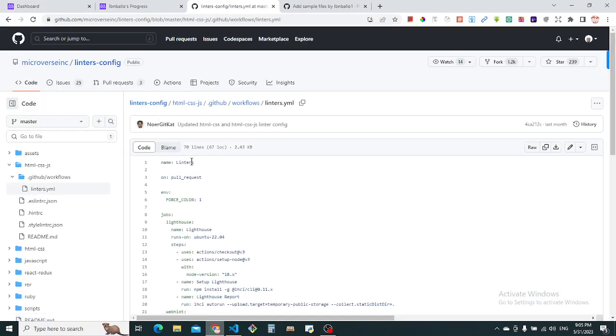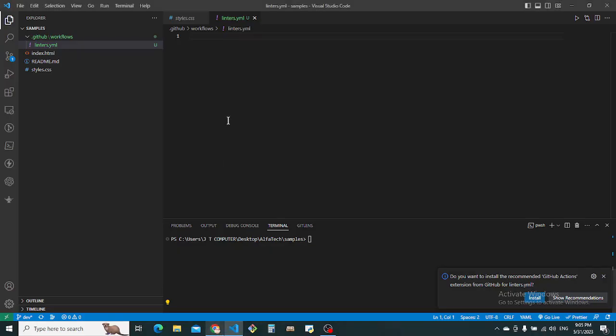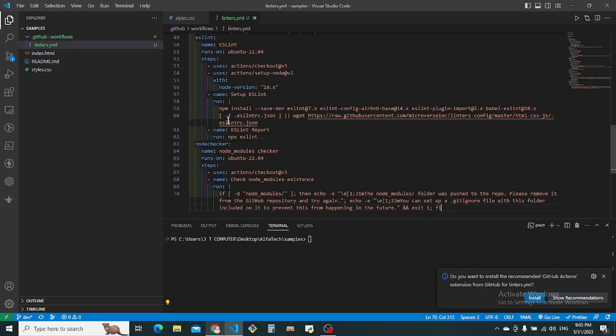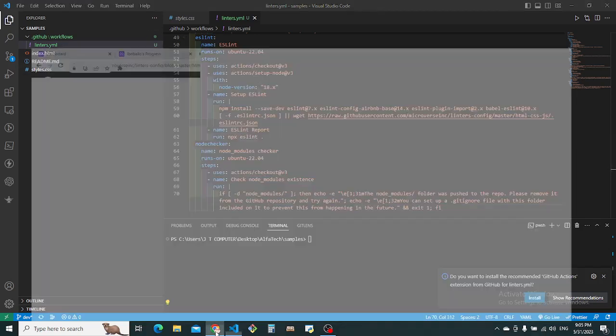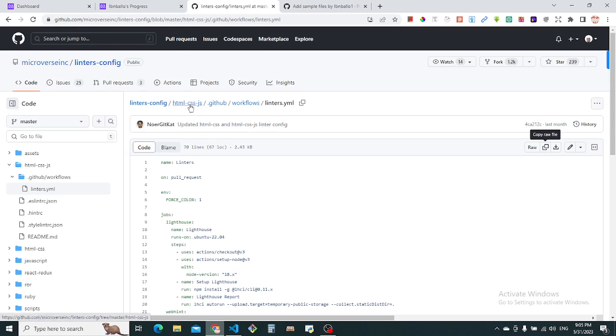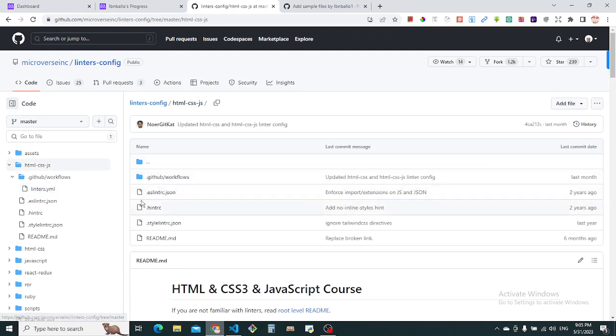It's loading. Now I've opened this linters.yml file, and I can now copy the raw file. So I can copy the raw file, and I can see it is copied. After I copied it, I'm going to paste it in this file. So this is all you have to do for the first part. Now we are done with the linters.yml file. Now the second part is we should go back to our repository, and the second file,